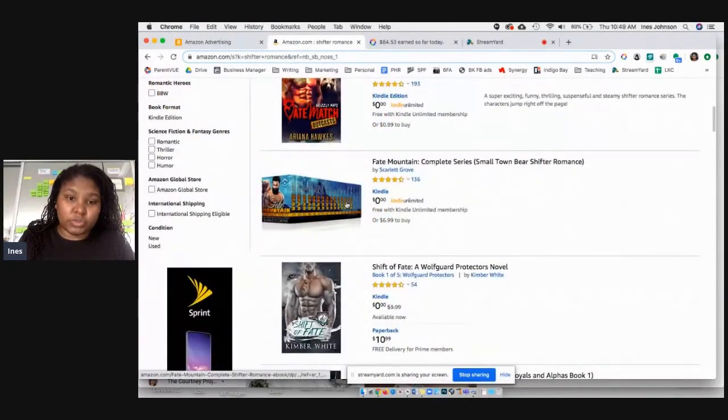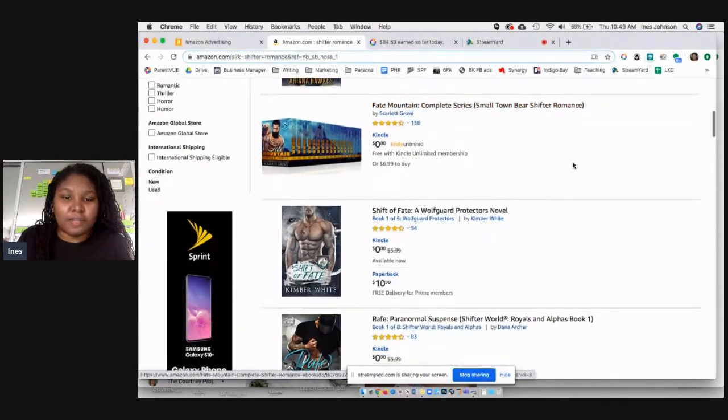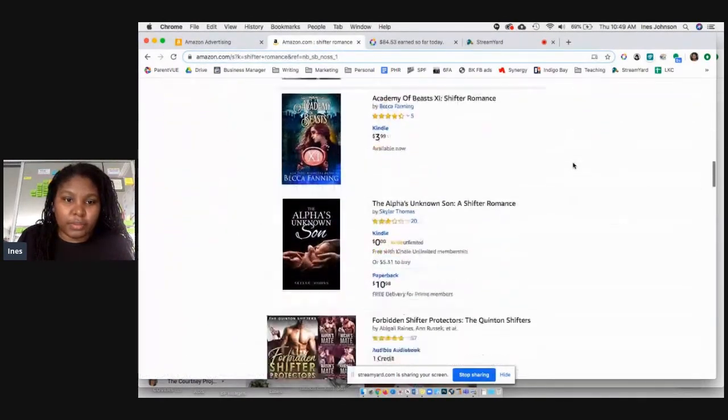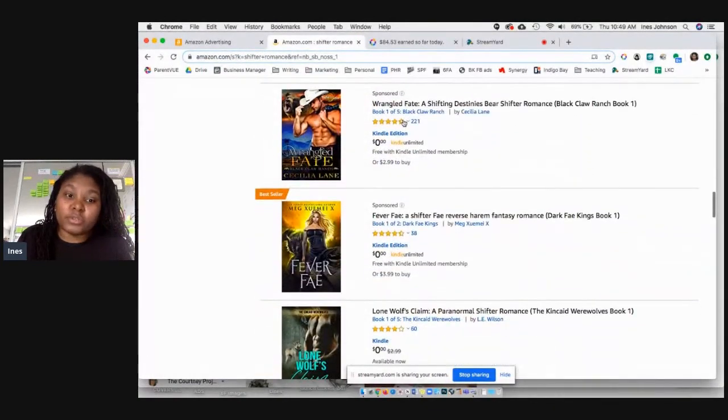And then you get to the more organic searches. Maybe these folks, Fate Mountain, maybe these folks had it in their keyword, which they do. You see small town bear, shifter, romance. It's one way to get there without having to pay for it. And these guys on and on, but somewhere in the middle, you're going to have more sponsored. Here we go. You have two more sponsored